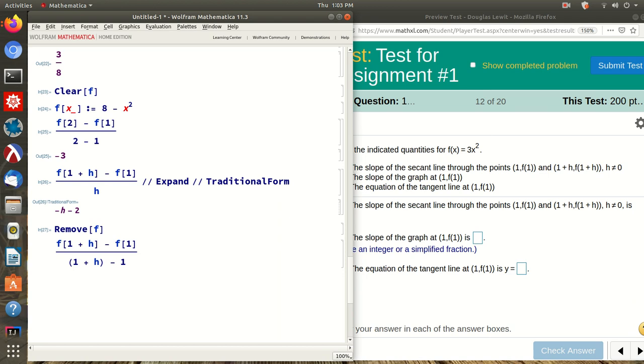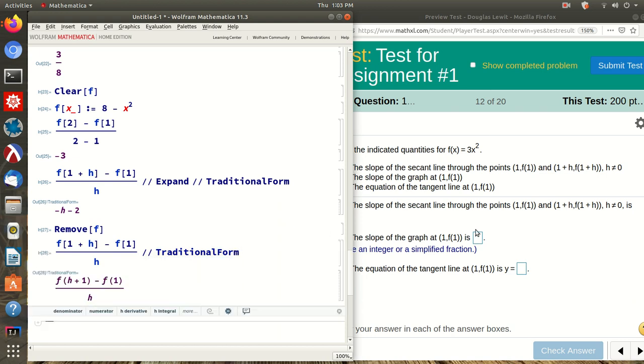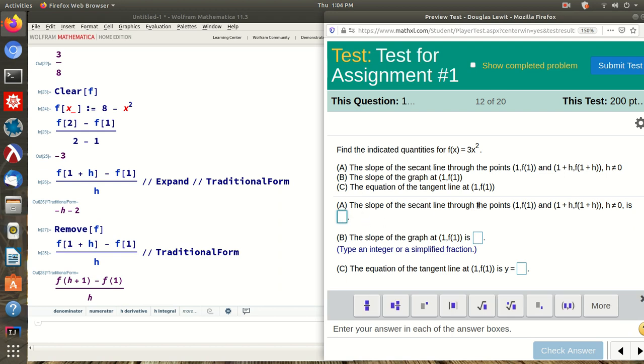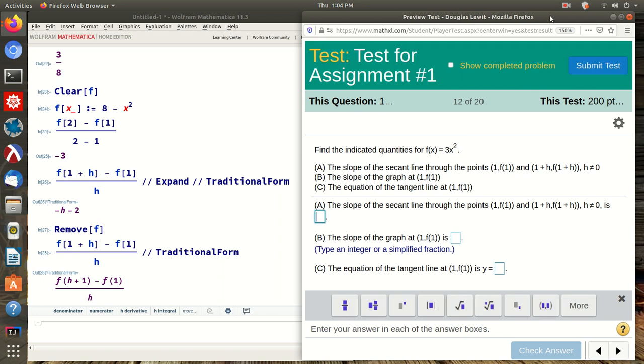Because 1 minus 1 is 0, so that's simply going to be h. And then we could make this look nice. So the slope of the secant line with h not equal to 0 is simply going to be,